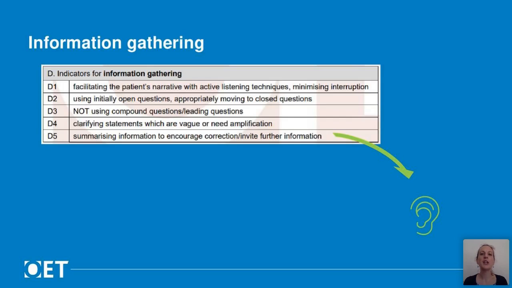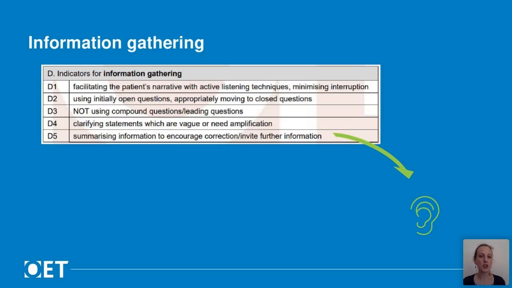So to do this, you need to give the patient opportunities to speak by asking open questions first, so that they tell you the situation in their own words, before clarifying what they've told you using closed questions. When they are speaking, show that you are listening by not interrupting, but providing encouragement through sounds like "right," and then responding using some of what they told you, or by giving a summary of what you have understood.